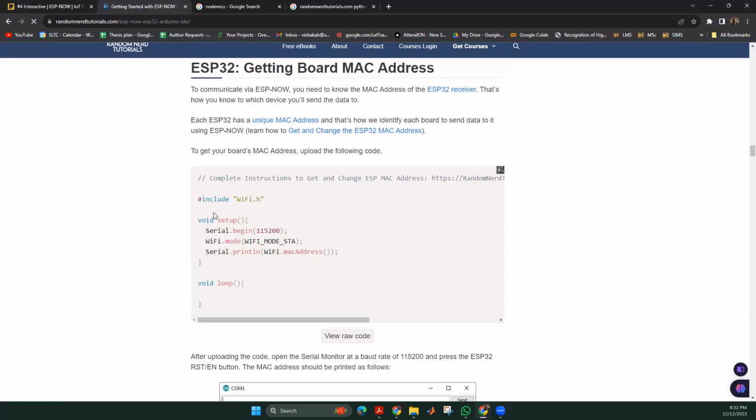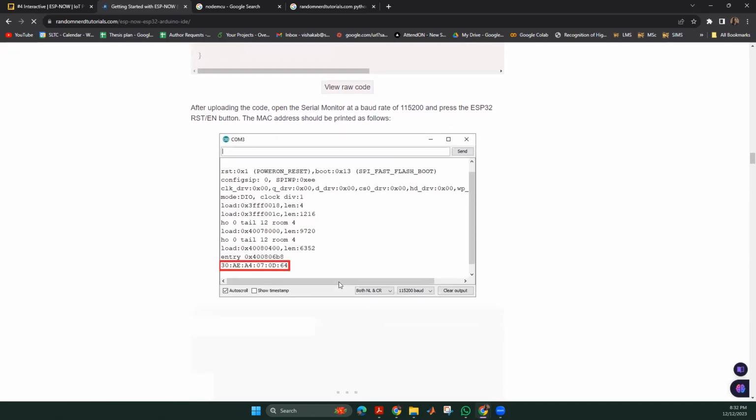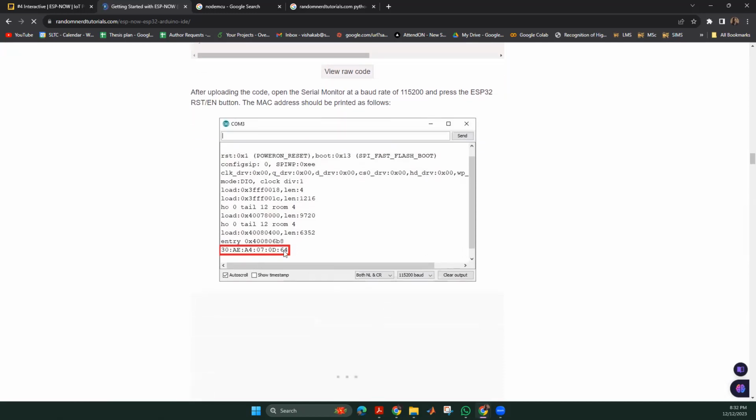So you can use a certain sample code inside the IDE that you are using. And you can use this sample code to find the MAC address of the specific microcontroller that you're using. So you can find the MAC address of the two microcontrollers that you're using separately, and the MAC addresses will look like this.